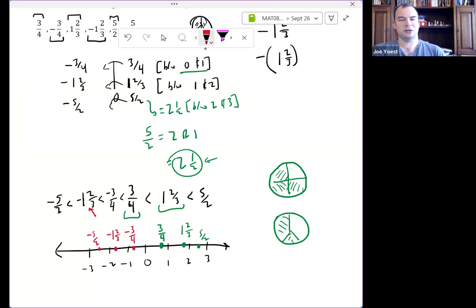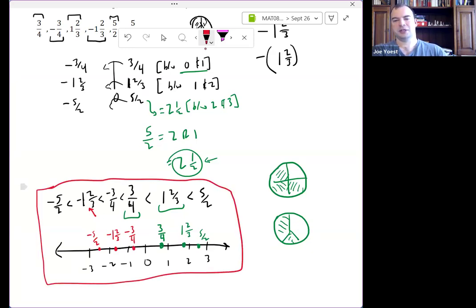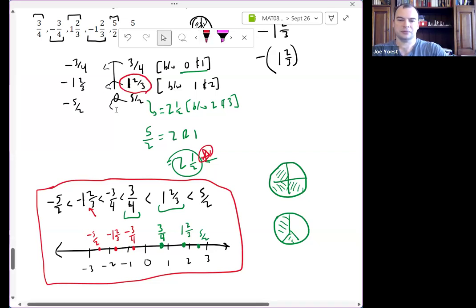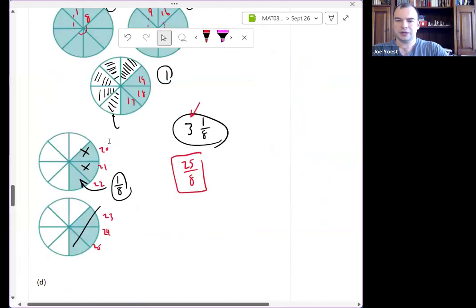And you wouldn't need to color code these usually, but I just color coded them to keep straight which ones we were talking about. So this would be the ordering and their placement on the number line. And again, in this context, thinking of 5/2 as a mixed number made a lot more sense. If we were, say, adding or subtracting fractions, or certainly multiplying or dividing, then probably thinking of, say, 1 2/3 as an improper fraction would make things go a little more smoothly. Any questions on anything from today?